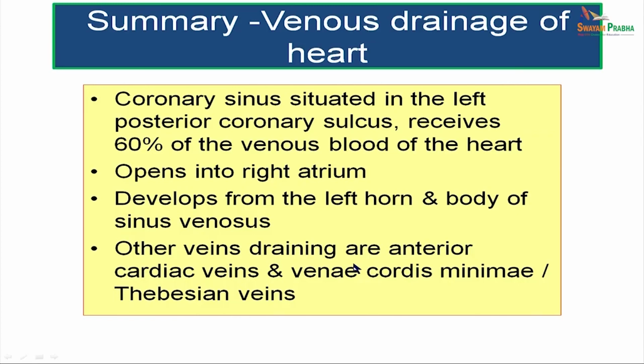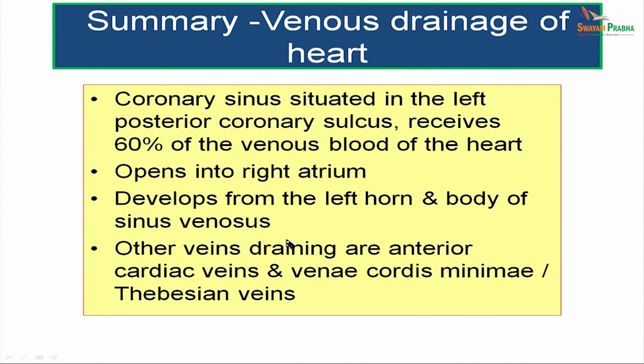Now, let us look at the summary of the venous drainage of the heart. We have seen that the coronary sinus, which is situated in the posterior coronary sulcus on the left side, receives about 60% of the venous blood of the heart. And where does it open? It ends in the right atrium, because all the venous blood has to enter the right atrium. It develops from the left horn and body of the sinus venosus, and you find there are other veins which are going to drain